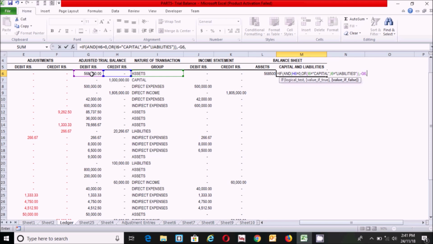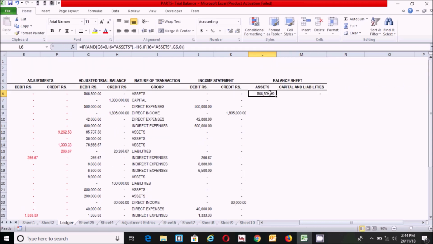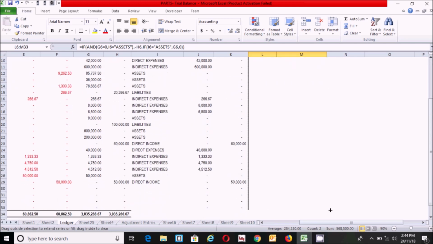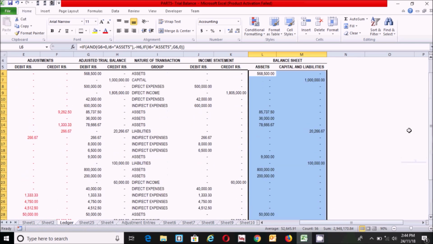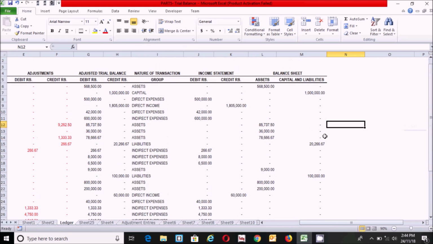Now let's make another function. If, write the OR function, this equals capital, or this equals liabilities, then what will happen, this one, otherwise 0. Now press the close parenthesis. Now you can press the close parenthesis. Now press the enter key. Alright, now click here and select from here to here and drag down from here to here. Alright, okay, we can see our balance sheet items are only showing here, based on the nature of